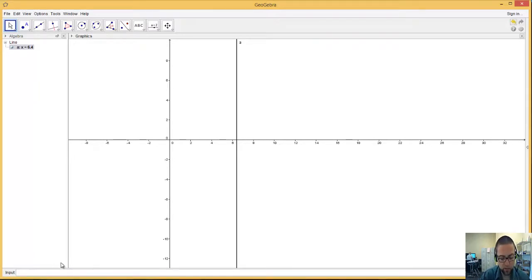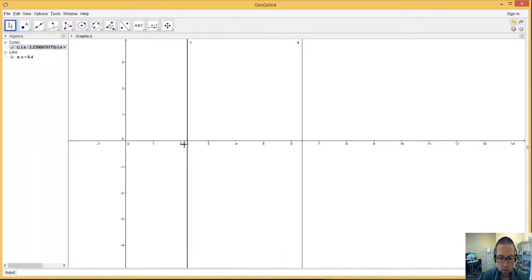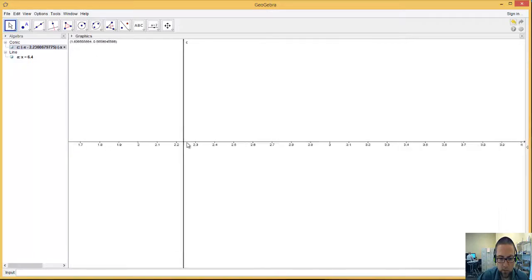Now, I have a new equation. I'm saying x squared, so I do this little up arrow, which is shift 6. And that tells me it's going to be an exponent. So I go x to the second power equals 5. So what is that? And I hit enter, and oh, look at that. It gives me 2 lines. This is C. It gives me 2 lines, and then I zoom in. And this one, it says